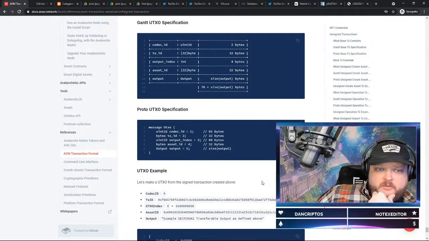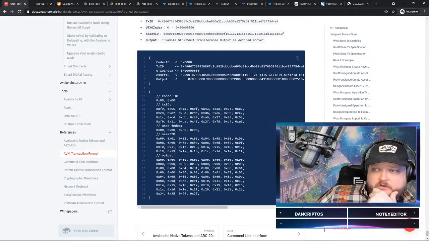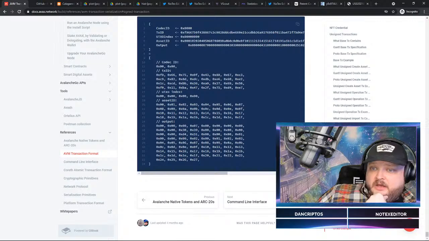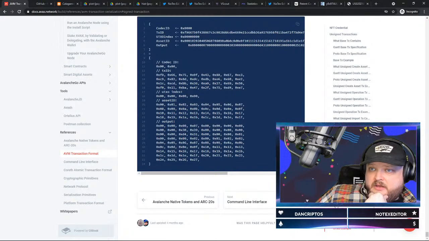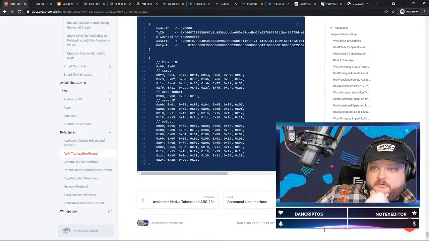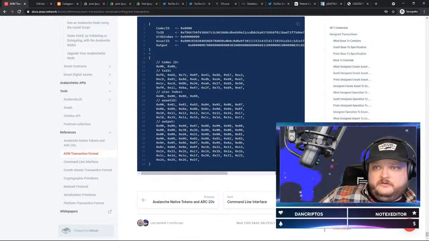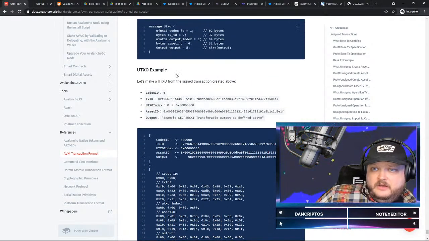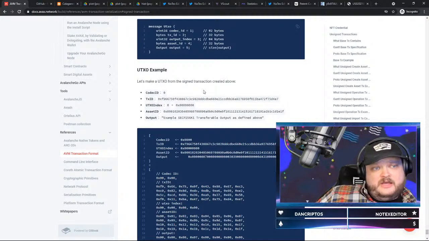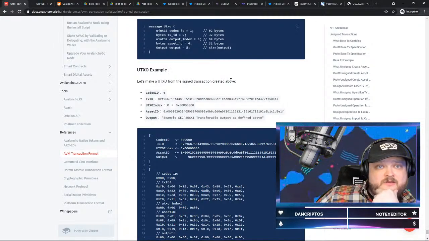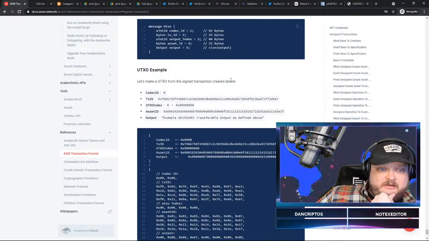Let's talk a little bit more about transaction formats. I won't go too deep in this because we are over time and I am getting a little tired. But the first thing to point out is, again, we're a UTXO model system. So everything that we do has inputs and outputs. And the inputs to every transaction in the network is a UTXO that is in the data set already.